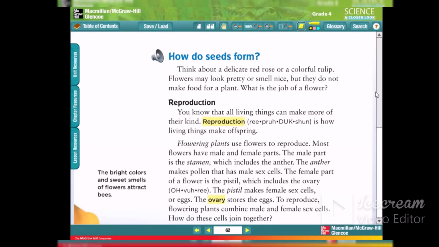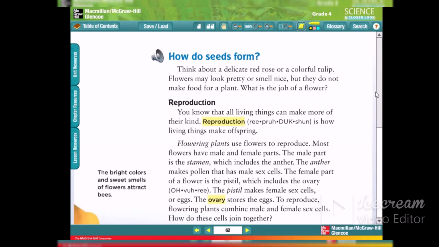What is reproduction? Reproduction is a very simple process for all organisms, not just for plants. All organisms want to reproduce. Reproduction means to make new organisms. All living things reproduce, maybe in different ways, but all organisms do it. Without reproduction, we could not see these different organisms every day. All of the new organisms come from reproduction. Reproduction is how living things make new organisms or new offspring. Now the plant flower is the part that makes reproduction for the plant.